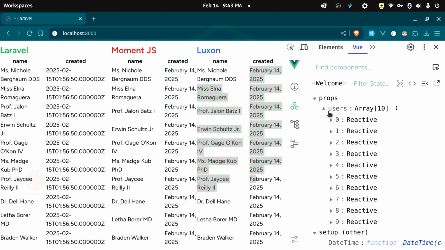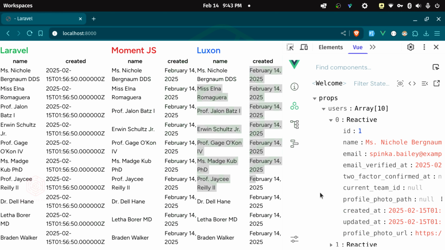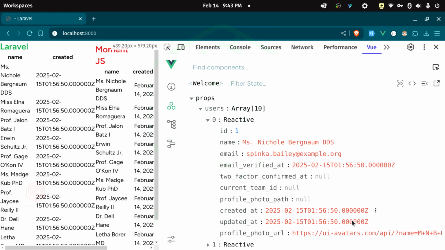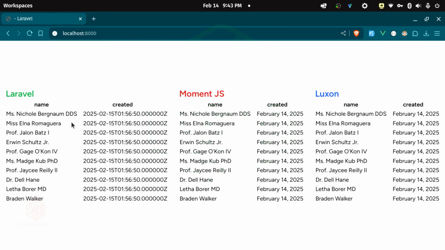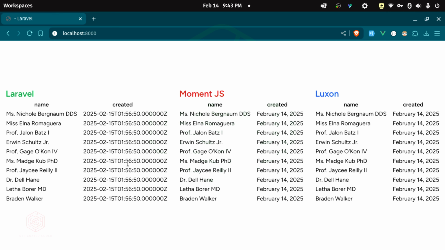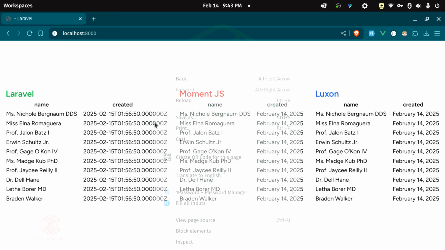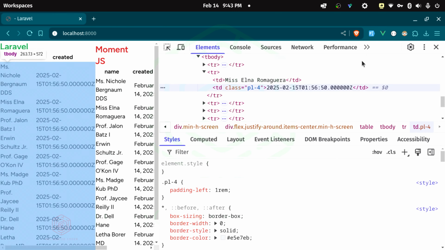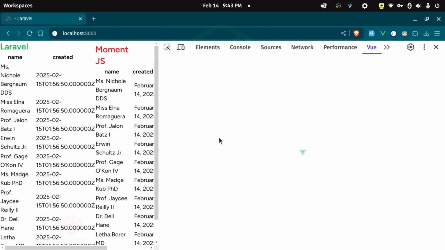And if we open this up, you can see that now the created at has gone back to the standard default timestamp that it had before. Great. Now we can close this, and to make this timestamp be the same as these timestamps, we can just use that created format attribute that we used. And actually, let me open this up so that we can see what that looks like.